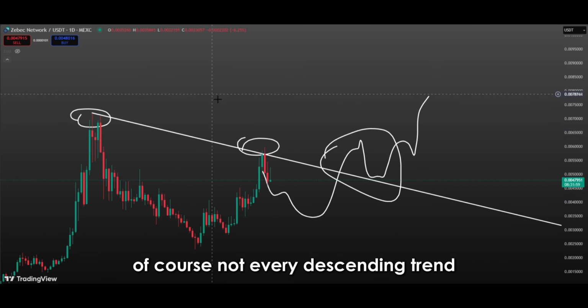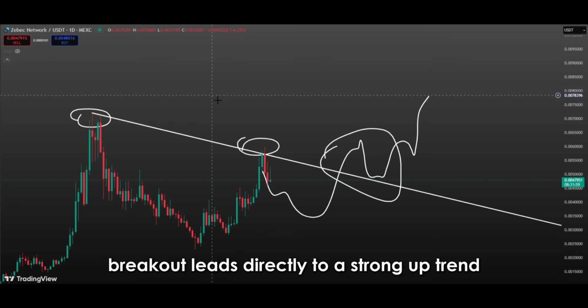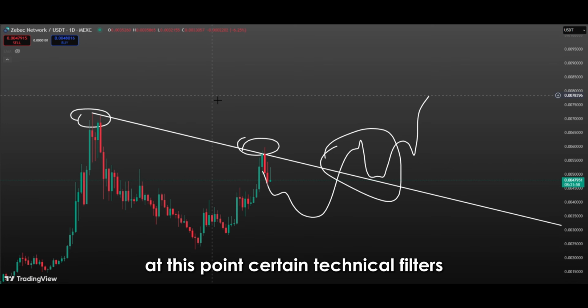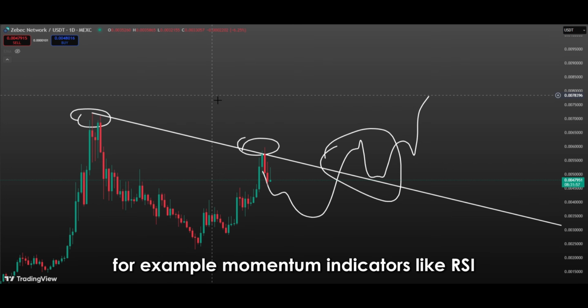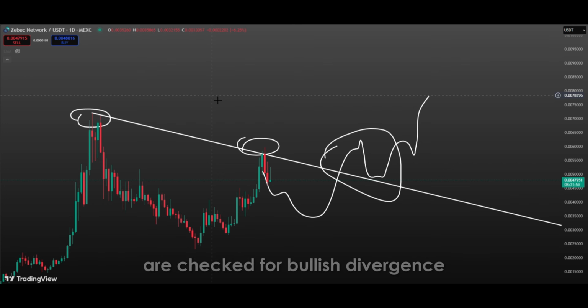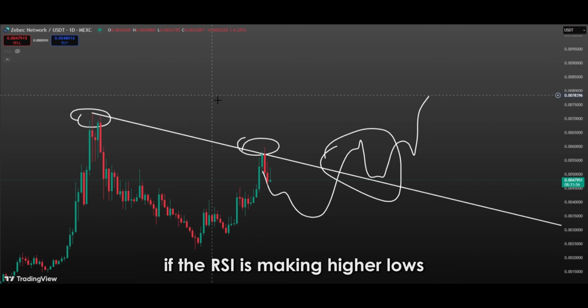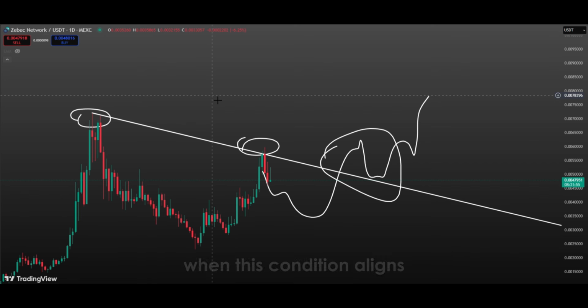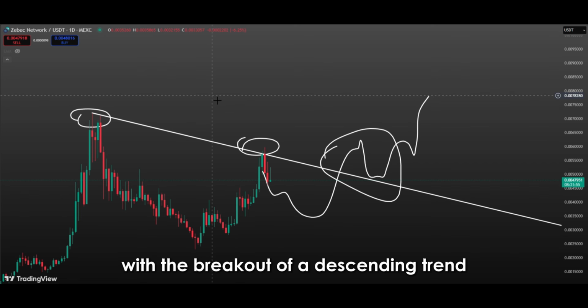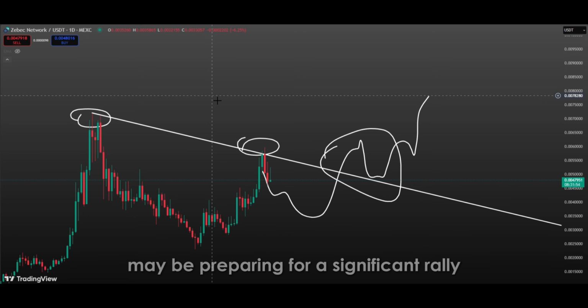Of course, not every descending trend breakout leads directly to a strong uptrend. At this point, certain technical filters and confirmation signals are looked for. For example, momentum indicators like RSI are checked for bullish divergence. If the RSI is making higher lows while the price is making lower lows, it indicates underlying bullish potential. When this condition aligns with the breakout of a descending trend, it suggests that the price may be preparing for